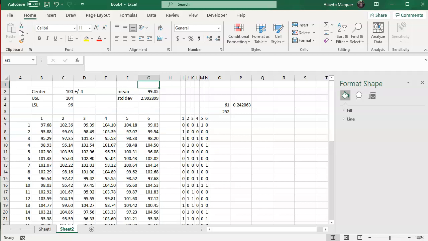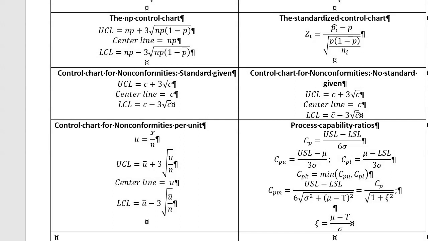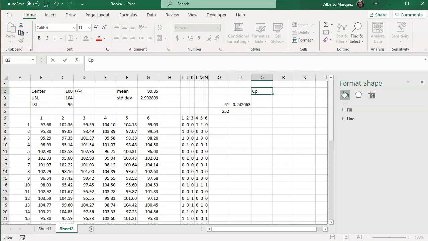So based on the formulas for Cp and Cpk, let's review that. Here you have them from the formula sheet. The Cp is the upper specification limit minus the lower specification limit divided by 6 sigma. So let's compute Cp. Cp is equal to the upper specification limit 104 minus the lower specification limit 96, all that divided by 6 times sigma. The number that we have is 0.44,